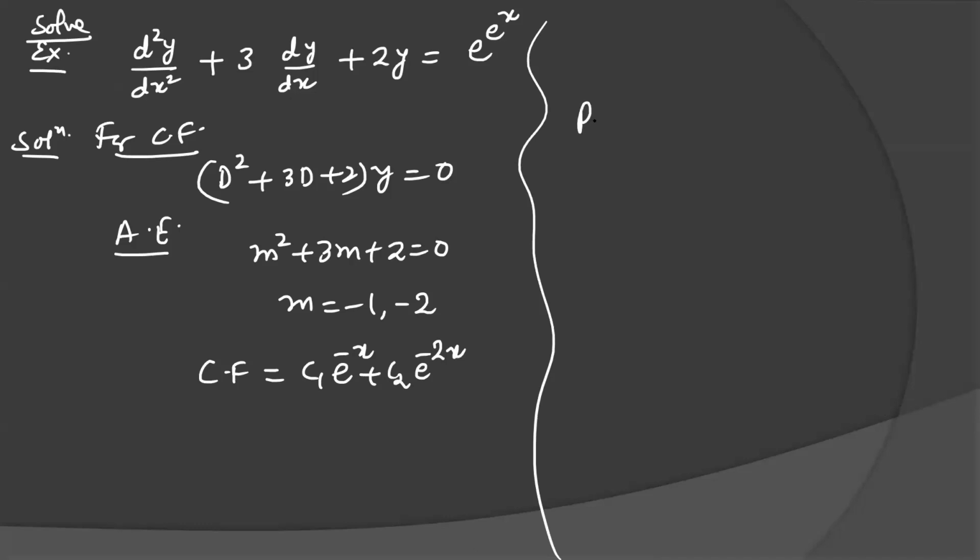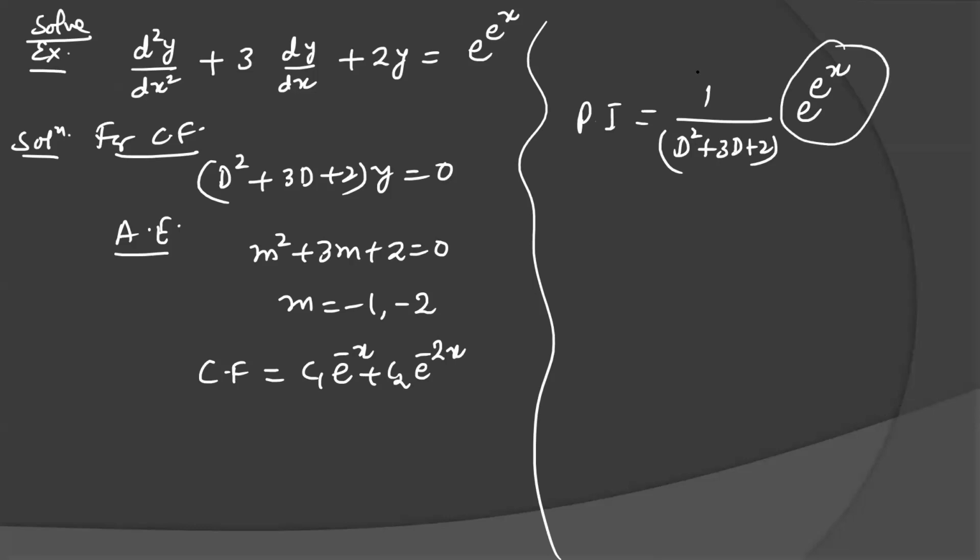Now we will see the particular integral. Particular integral is 1 over D square plus 3D plus 2 e to the power x. There is no method to tackle this type of particular integral. If you don't know any method out of the 5 cases I have discussed, trigonometric, polynomial, then shifting property, and x into bx case or x square into bx case, then if other questions are given, suppose log x is here, a to the power x is here, any function, if the particular integral is not known from the discussed cases out of 5, then we will use the general method to find the particular integral.